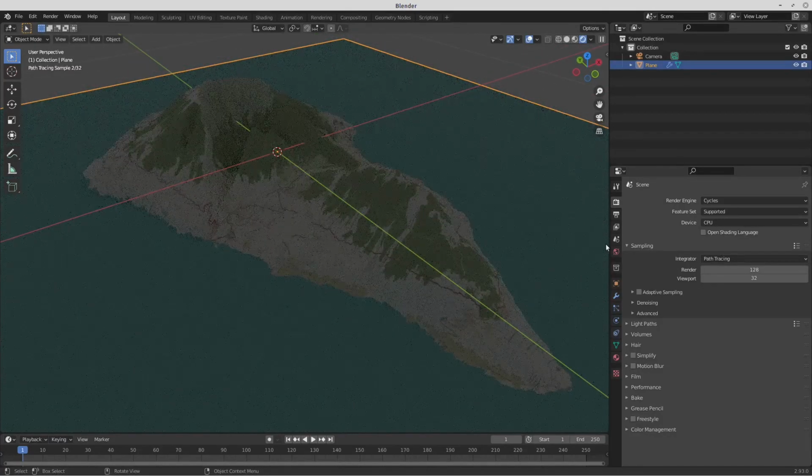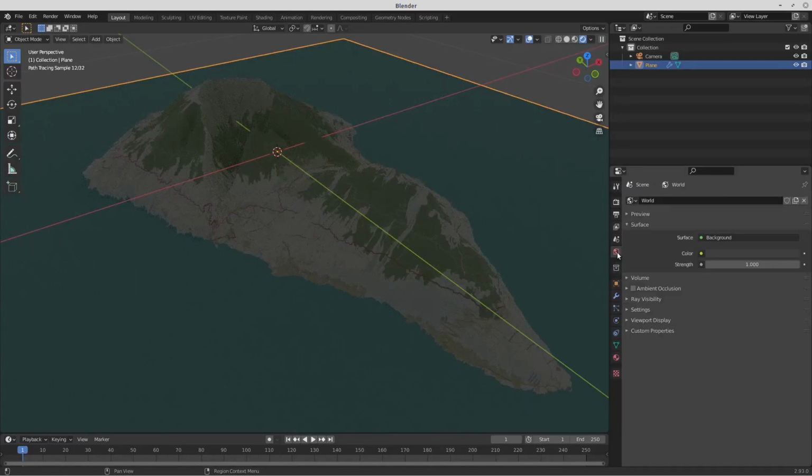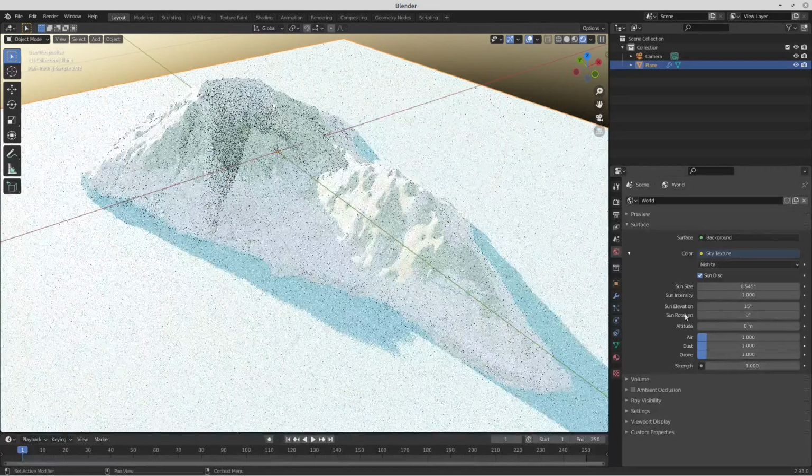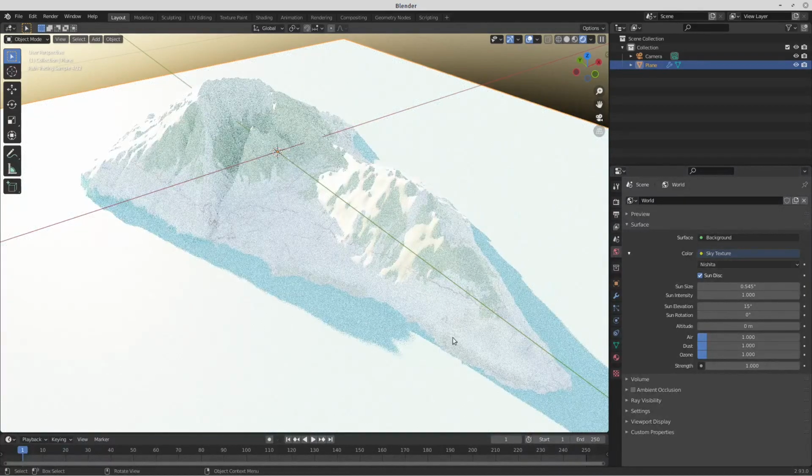So to add lighting, we go to the world properties, and here you have color settings, and like before, we don't want to use a color, we want to use something else. So press the button or the dot next to color, and here you select sky texture, and that will generate or simulate a sun and sky